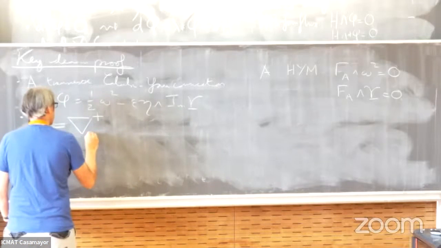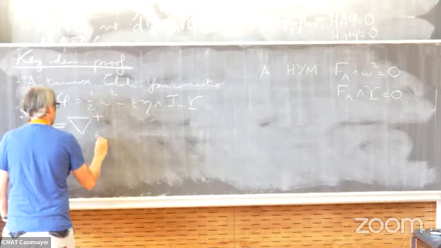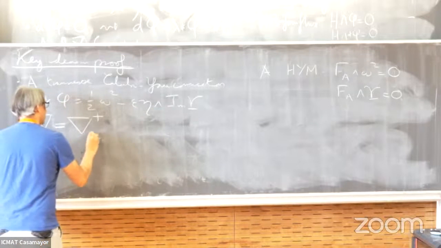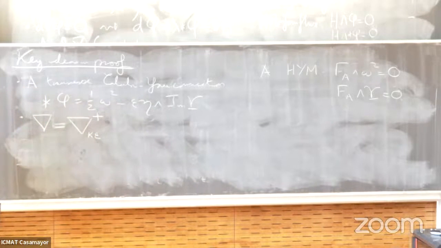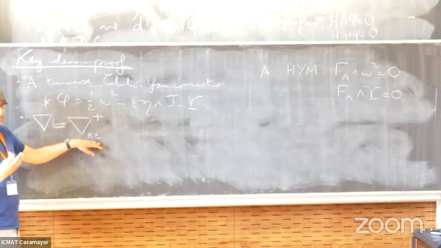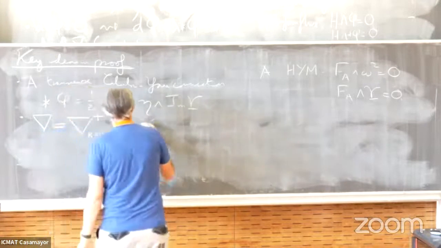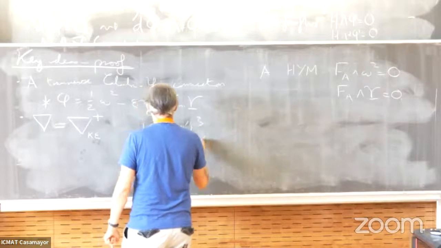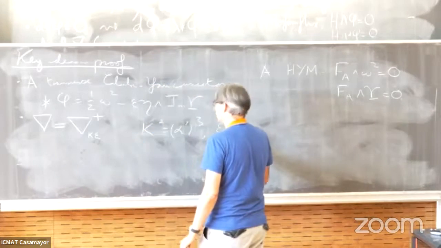But what we can do is take the connection not necessarily for the scale epsilon, but for any scale we like. So we do this kind of scale breaking thing. We have phi defined by epsilon, but we can take this connection, which is defined for some other epsilon. And what you can then do is take kappa squared to be alpha prime cubed, and epsilon to be